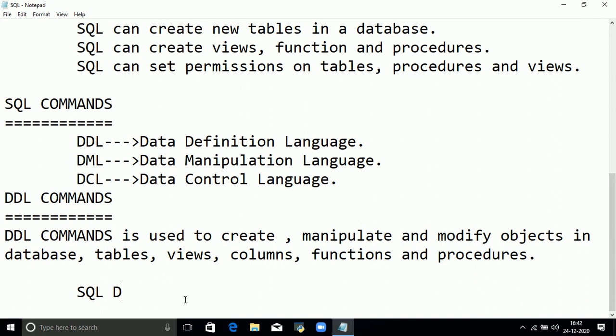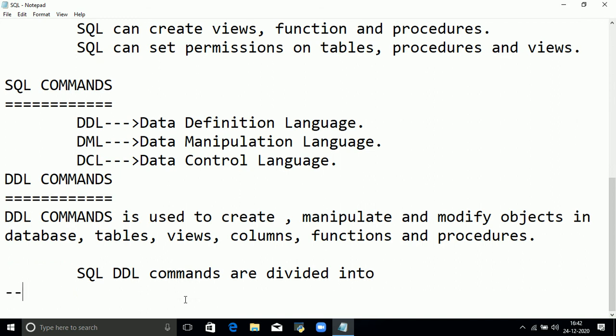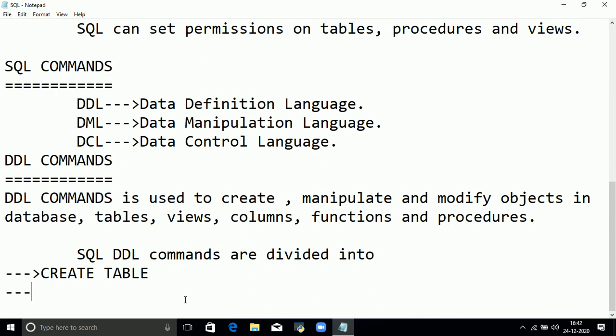SQL DDL commands are divided into the following commands. The first one is the create table command. The second one is the alter table command.